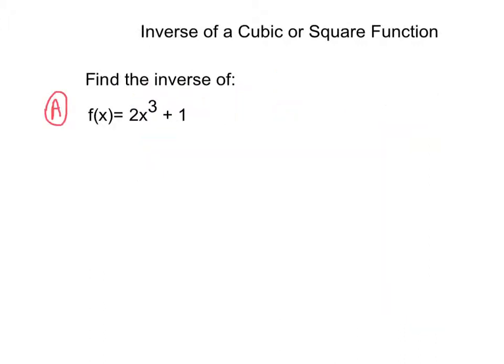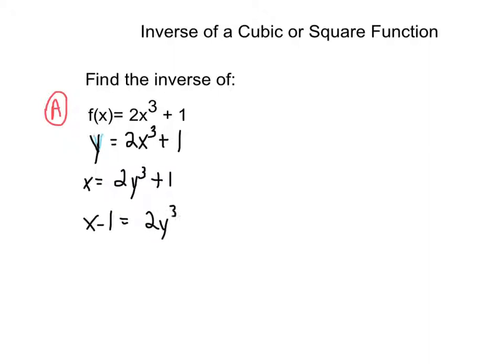Finally, let's examine the inverse of a cubic function. For this problem we've used a cubic function, and we're told to find the inverse of f of x equals 2x to the third plus 1. So we are going to switch x and y. This is the same thing as y equals 2x to the third plus 1. Instead we'll have x equals 2y to the third plus 1. So we have x minus 1 equals 2y to the third. And basically, after switching x and y,